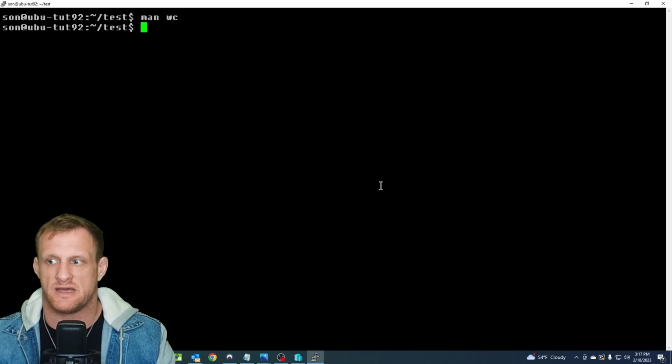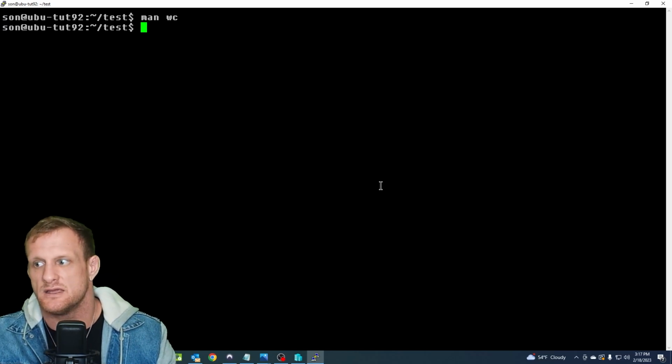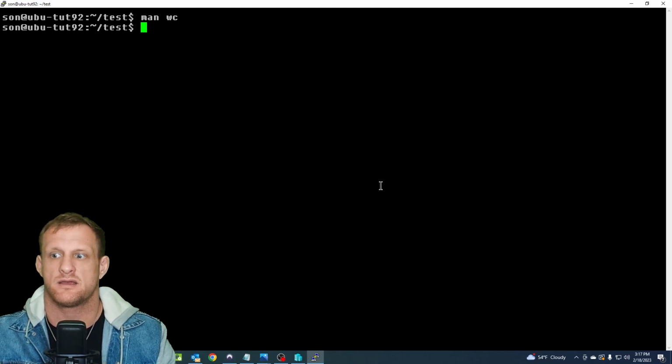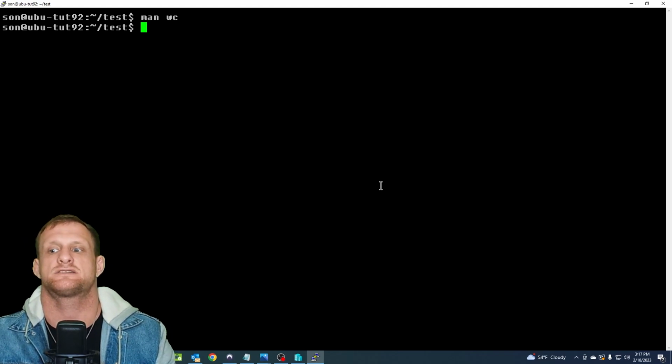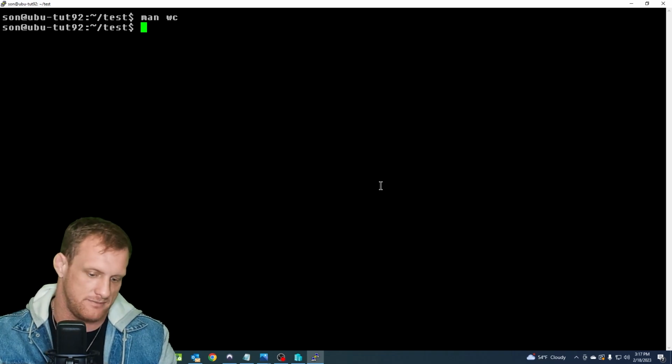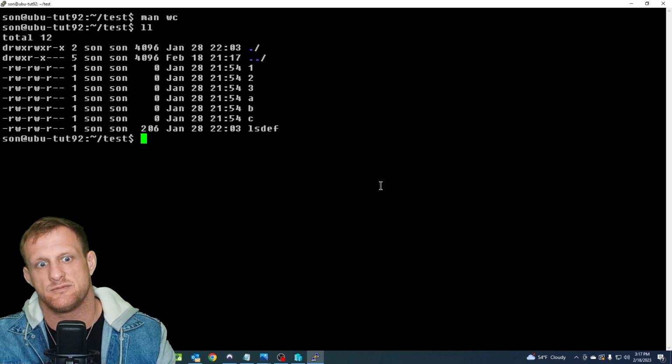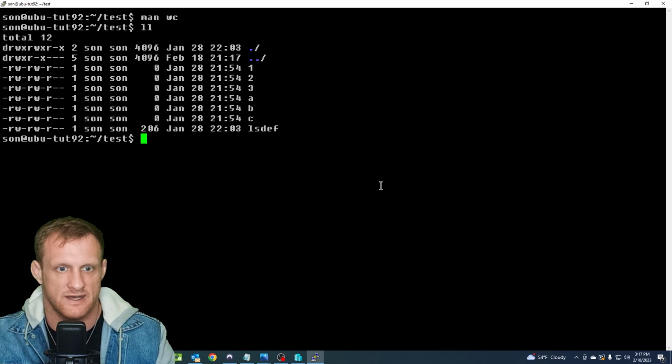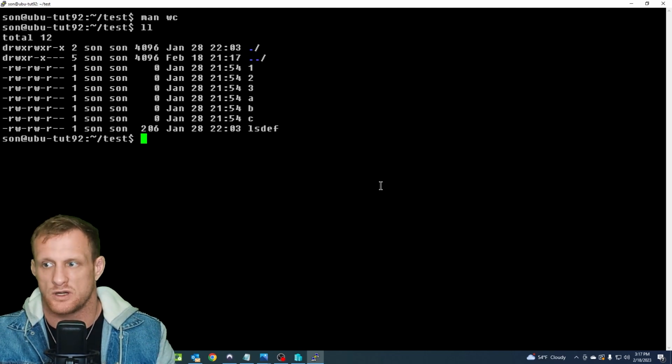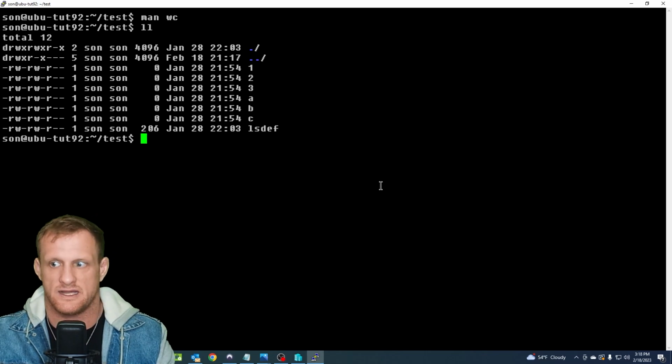To display the amount of words in a text file, we can use the command wc -w and then the file name. So the file name in this case is going to be this lsdef file that we've created. And to see how many words are in this particular text file, what we are going to do is type wc -w,